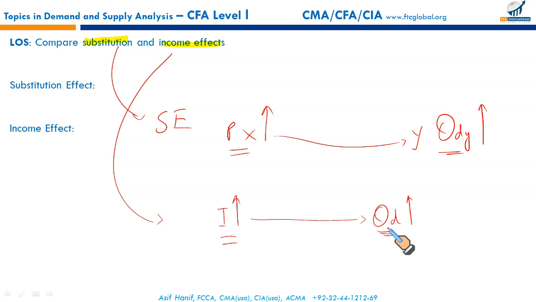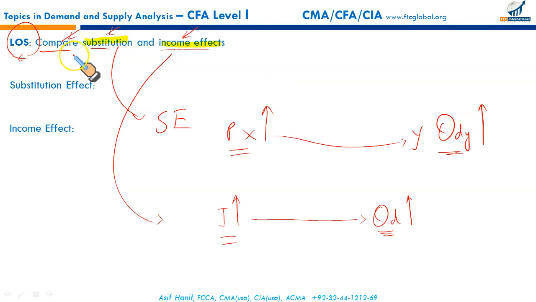Gentlemen, I always emphasize, especially on the areas that we have special expertise on, CMA, that we strongly believe in learning outcome statements. If you are able to grasp the essence of every learning outcome statement, you are up to the level expected of the examiner, and you are on your way to qualify for that particular certification. The same is true for CIA, and the same is true for CFA as well. So as long as you have a proper grip on every LOS, you are able to comprehend and satisfy the examiner, and you are on your way to success.